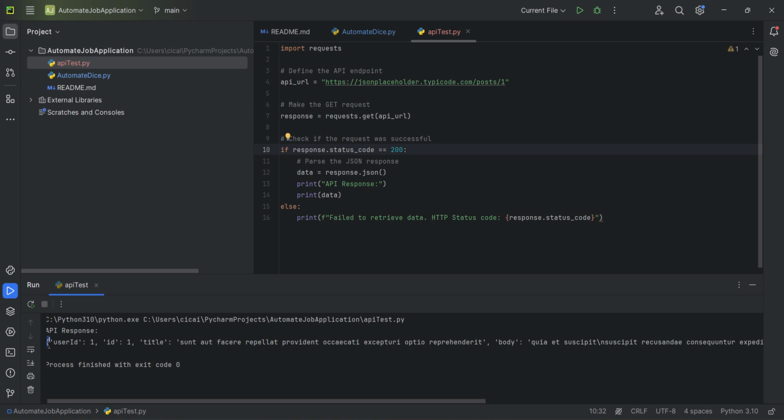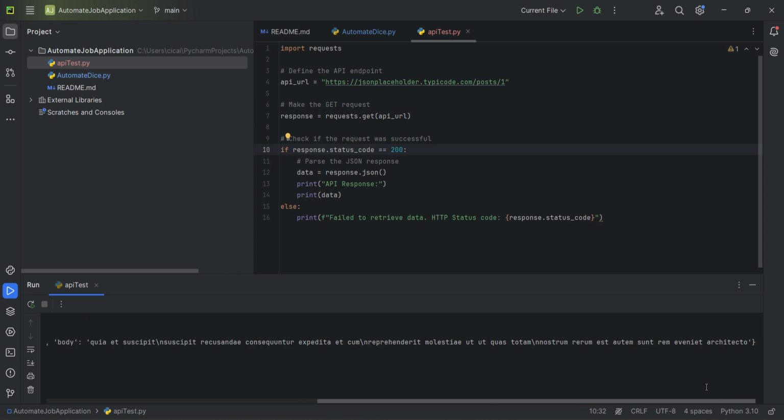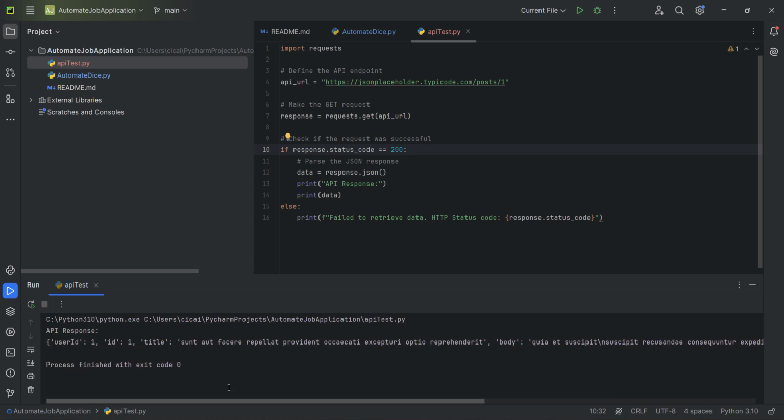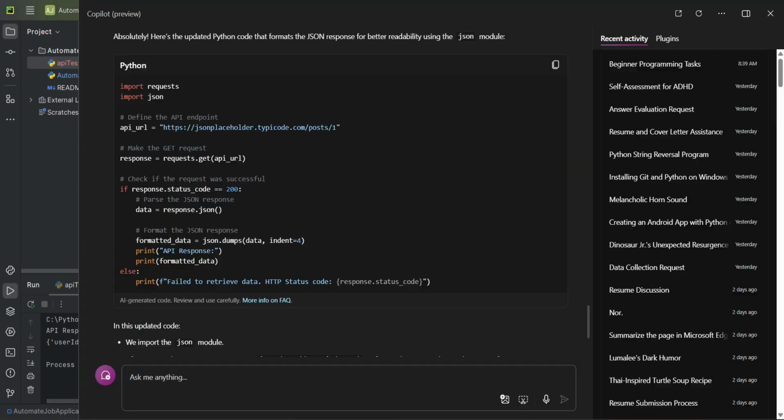That being said, we got our API response, and it's all in one line. Here's the opening of the body. It should be written out in multiple lines, yes, but we didn't format it. So there's the closing of the body. I don't want to read it like this, so we went to Copilot and we said, hey,